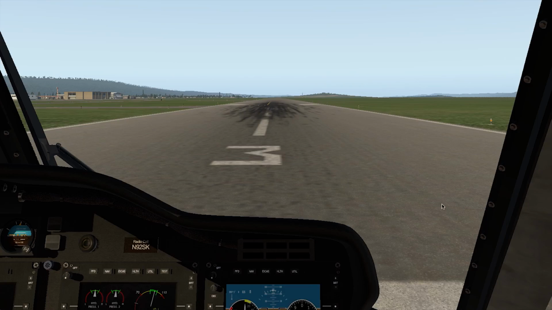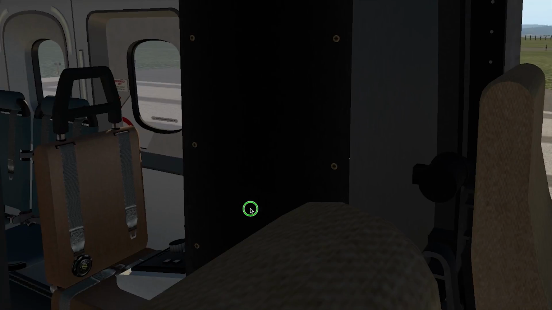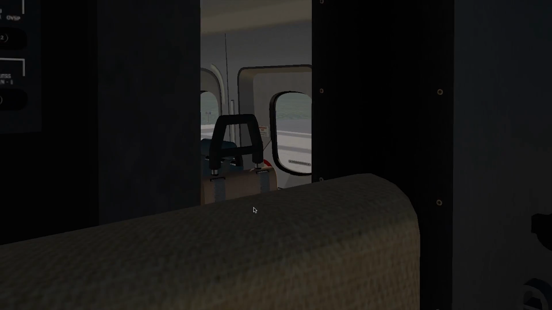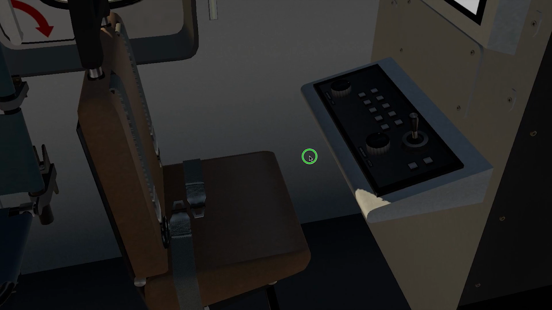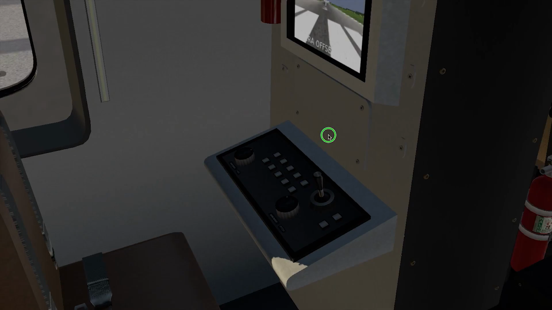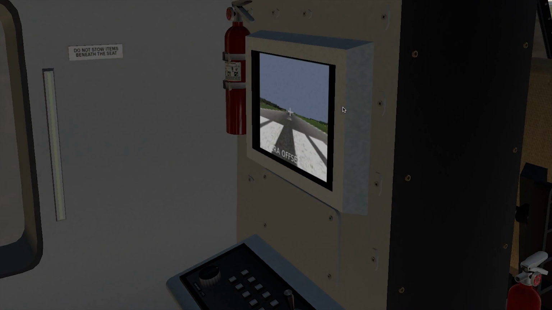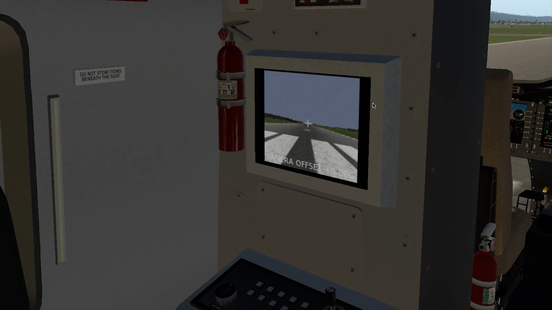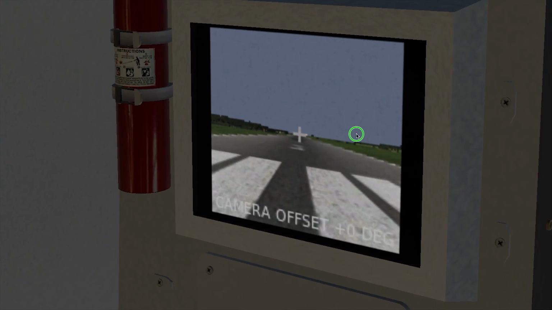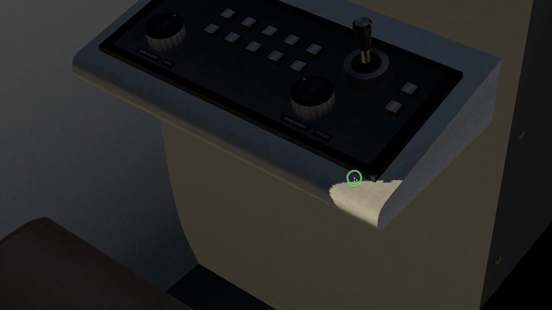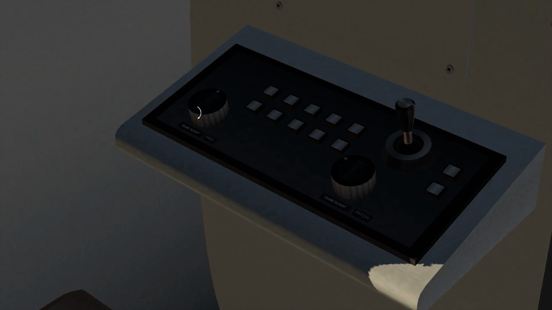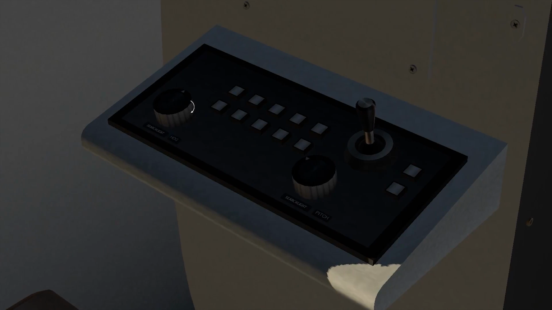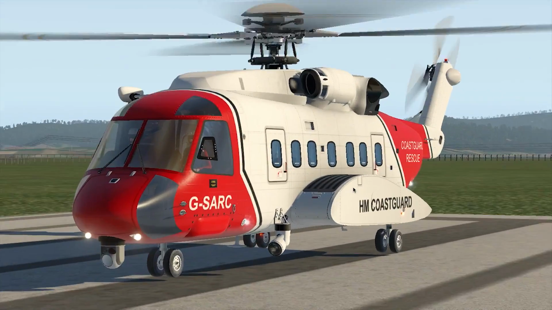But now in this version, if you actually make your way back into the cabin, there's this seat right here, which is for the search and rescue crew person who's tasked with dealing with the searchlight and the camera. Now there's actually a video display on their screen where you can see what the camera would see. And before, these switches here on this little console would articulate the searchlight, which is out here. You could kind of see here